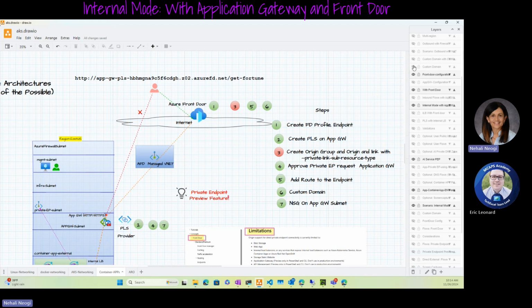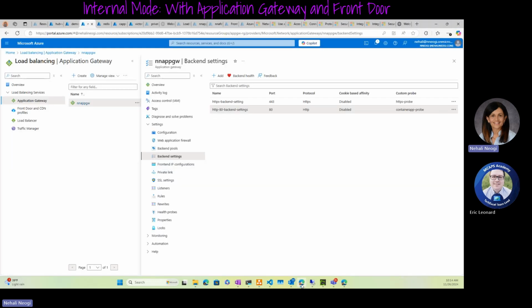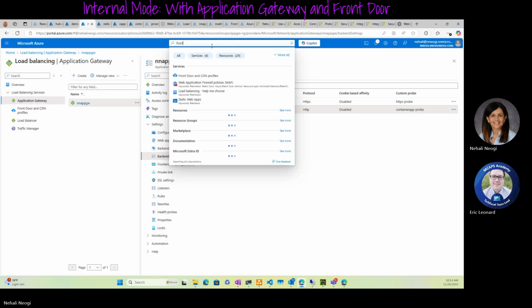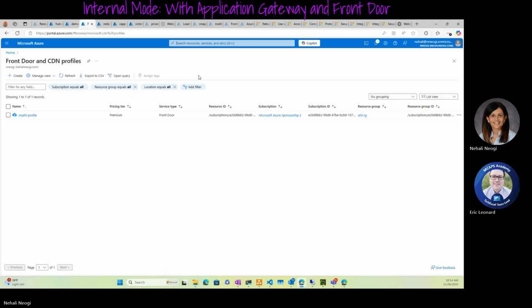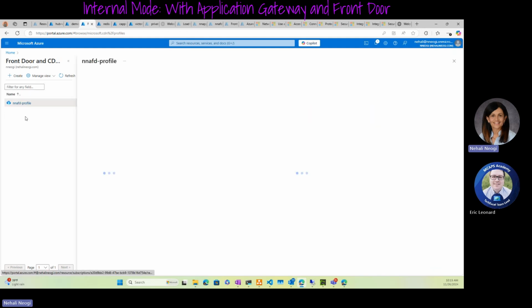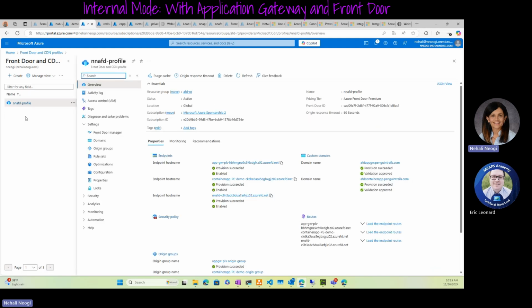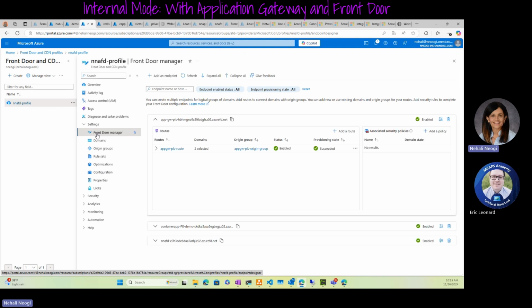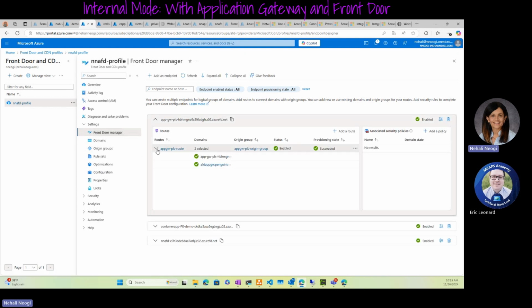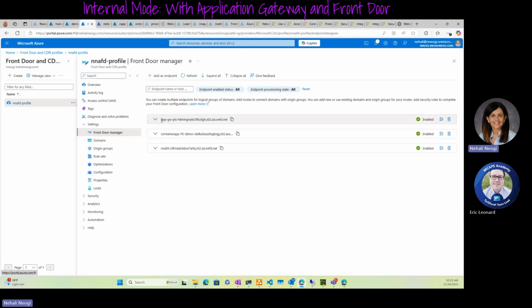And we can also do custom domain with this, which, in the interest of time, I've already created. So let's jump in the portal. So here we are in the Front Door profile. We'll start with the Front Door manager, and you will notice that the way I have labeled this is the PLS with the app gateway. So we open that one,